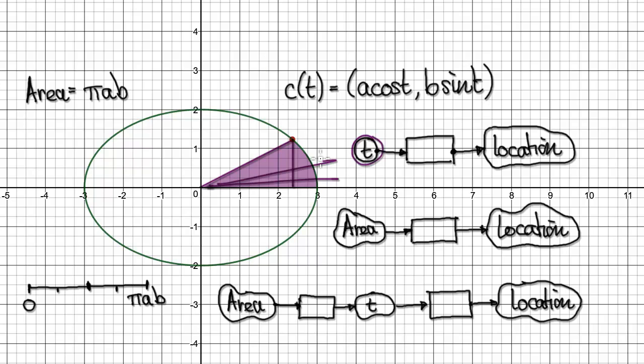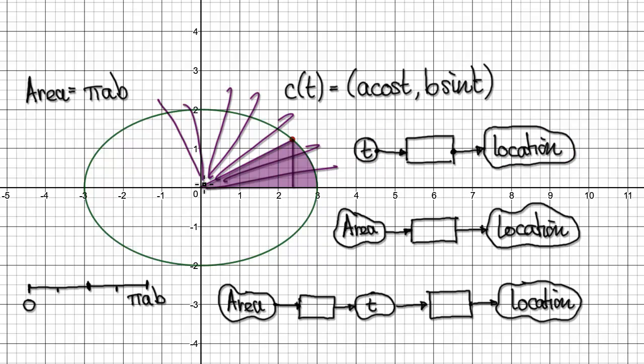So in the past, we would input a t. We would input an angle. Let's say this is t here. We would input t, and then it would spit out a location. It would spit out the x location and the y location. So suppose t is somewhere over here. Let's say this is t here. We would input this t into this machine, and then it would give us the x location and the y